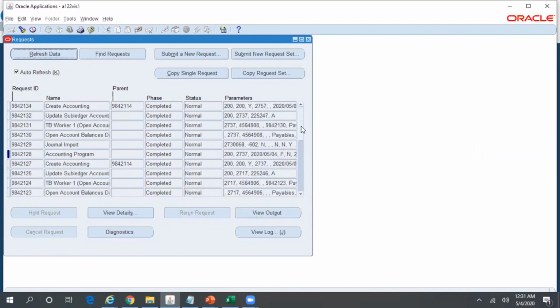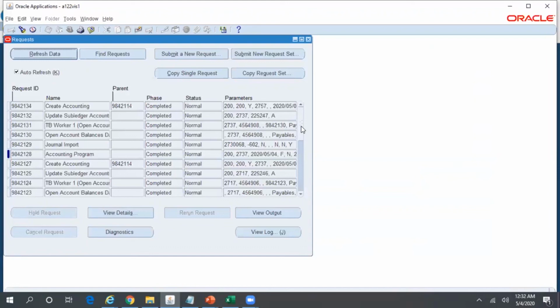So this is just one example. Similarly, for any other programs which are OU or ledger specific, if you want to run those programs for all the OUs in a single go, then you can use this request set concept. Create accounting is just one example. Maybe accounts payable trial balance, some account analysis report, or a lot of other reports which are OU or ledger specific.